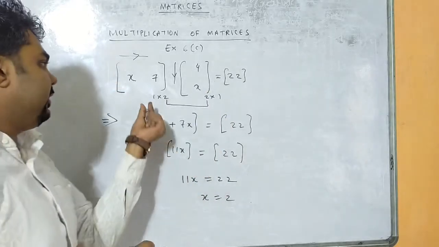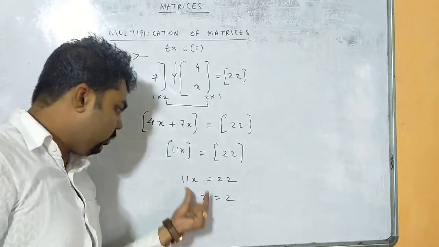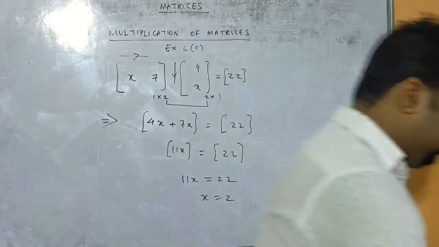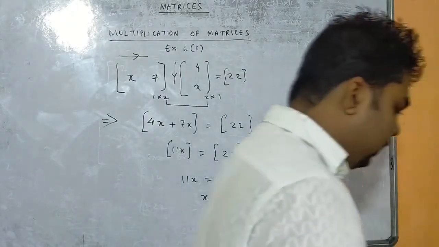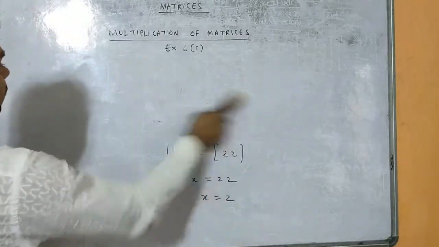So what will be our resultant answer? 1 cross 1, right? When we get 1 cross 1, now by equality of matrices we will get the value of x. Similarly, for other questions also, for calculation of the x value,